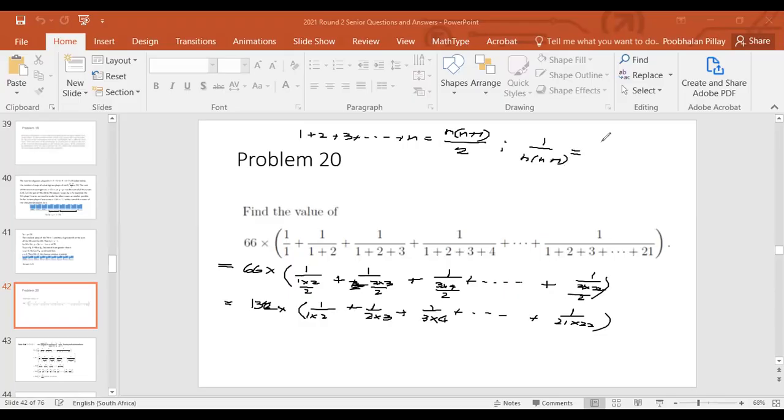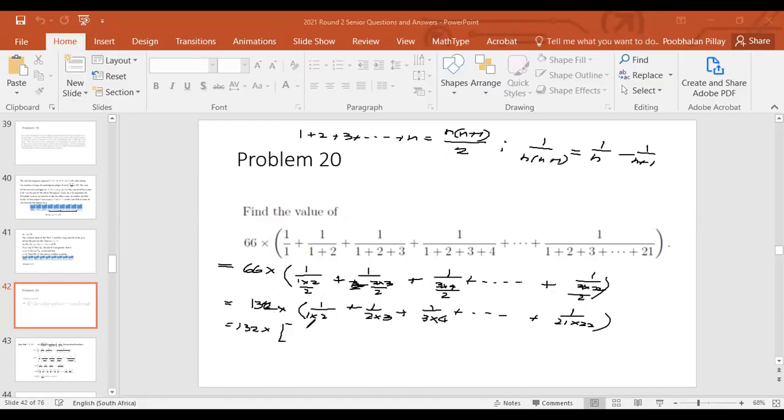You can write this as a difference of 1 over n and 1 over n plus 1, the difference of two consecutive reciprocals. If you simplify this, you will get precisely that. So I'm going to write each one of these like this: 1 over n into n plus 1 is 1 over n minus 1 over n plus 1, where n is the smaller. So if you look at this now, you get 132 times